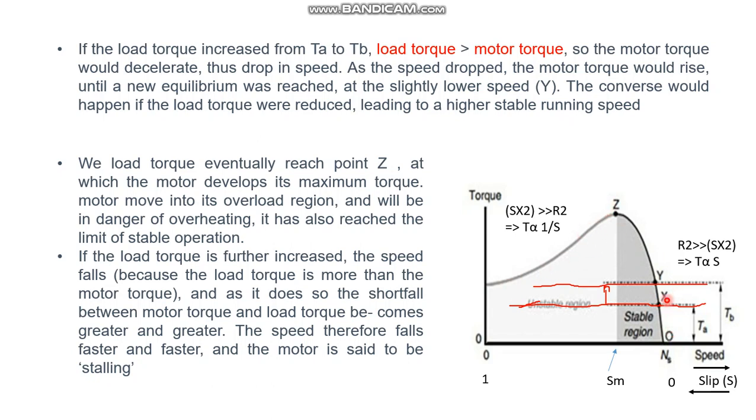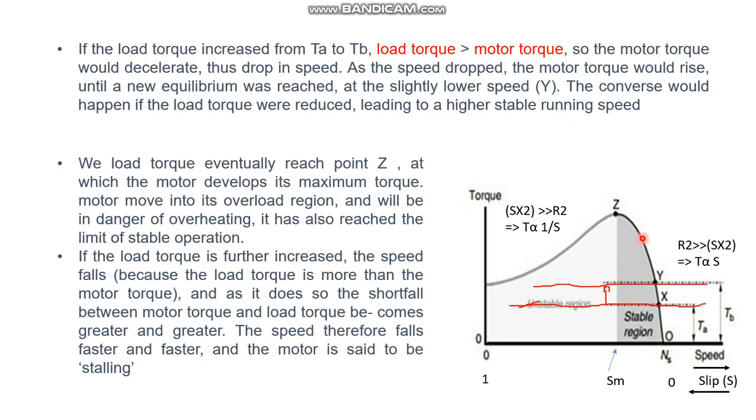Why is it stable? My load torque increases from x to y, so speed reduces. When torque increases, speed reduces, which means slip increases, and slip increases means torque increases. So slowly the electromagnetic torque reaches the load torque and settles at an equilibrium slightly less than y. If the load torque further increases, it will again maintain at another equilibrium point.